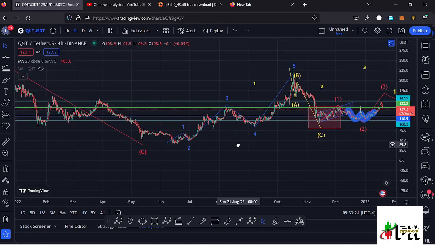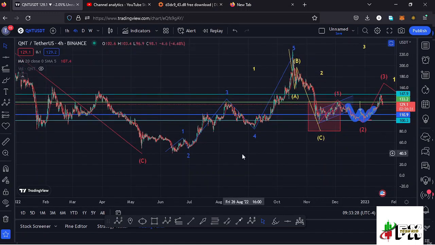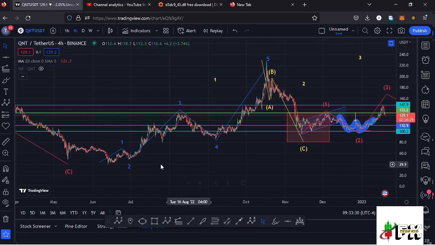And after seeing the bear market low, we started a very nice bounce to the upside in a move that has been obeying the AD12 structures, where you can see that I have this AD12 structure in blue having the wave 5 making its peak at around the $229 mark,